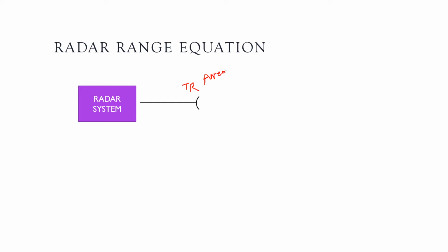Then, this is the target, toward which we transmit the electromagnetic wave or sound wave. So this is the propagation of the electromagnetic wave or the sound wave. Next, this is the range of the radar which we have to find. So this is R, and we have to find the formula for this R.